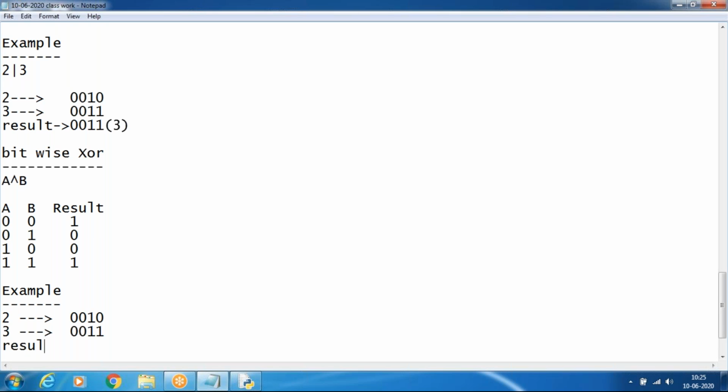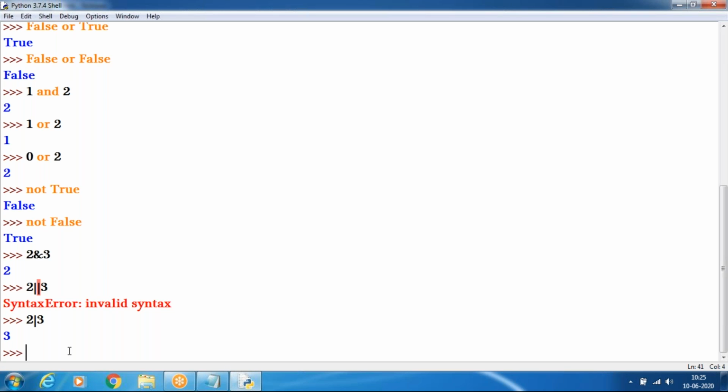Result: here both cases 1 1, that is the difference 0. What is the value of this? 2 power 0, 2 power 1, 1 2. So 14, sir. 14. Thank you. We'll say it here: 2 cap 3.